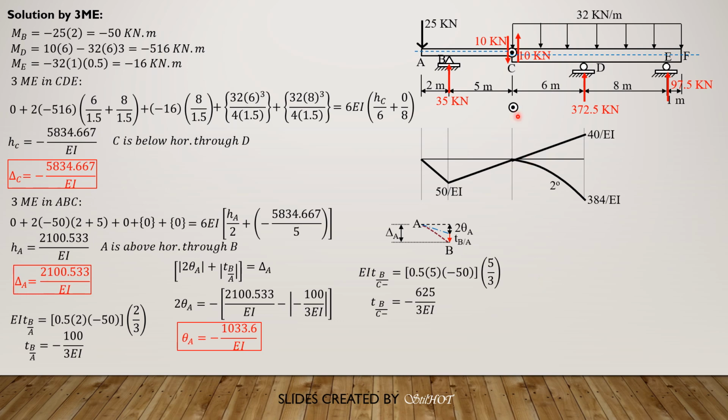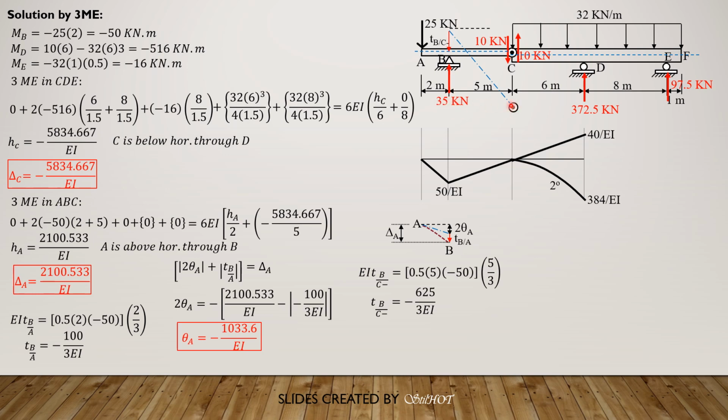So if this is point C, because the deflection at C is downward, then we draw a tangent line to B, and that tangent line should be above B because the deviation of B relative to C is negative. So that means point B is below the reference tangent at C left. So that's the tangent at C left. Then this distance is the deviation of B relative to C, which is negative because it is below. Then remember that the total vertical distance between this point here and the horizontal line is delta C, and we have the deviation of B relative to C. You combine them, then